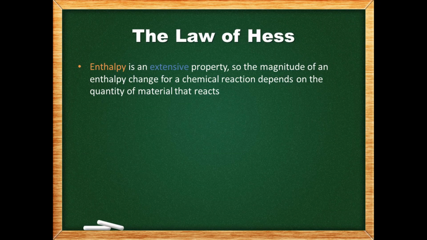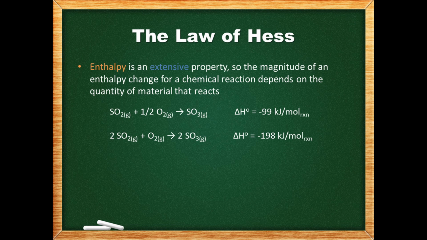Recall that enthalpy is an extensive property, so the magnitude of an enthalpy change for a chemical reaction depends on the quantity of material that reacts. Let's take a look at the oxidation of sulfur dioxide gas. If the amount of reacting material is doubled, twice the amount of heat will be released. In other words, the heat released per mole of this reaction will be double that per mole of the above reaction. If the reaction were to be reversed, then the magnitude of the enthalpy change would stay the same, but